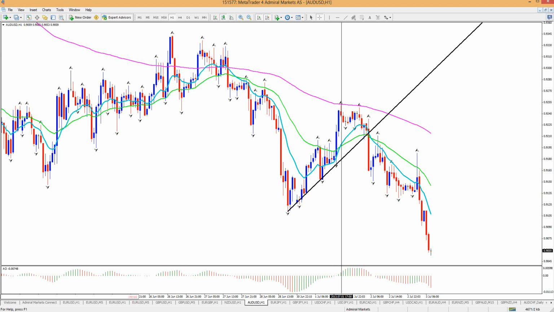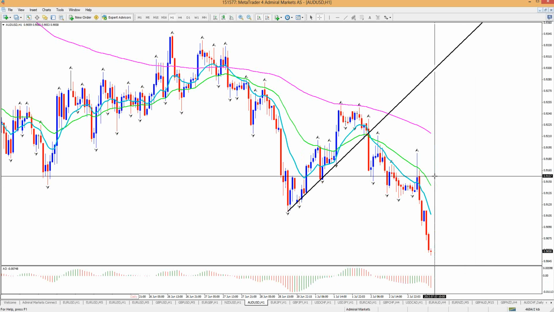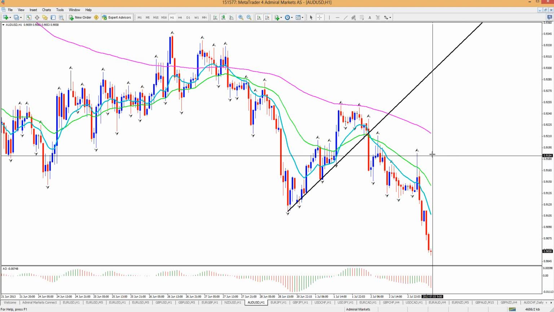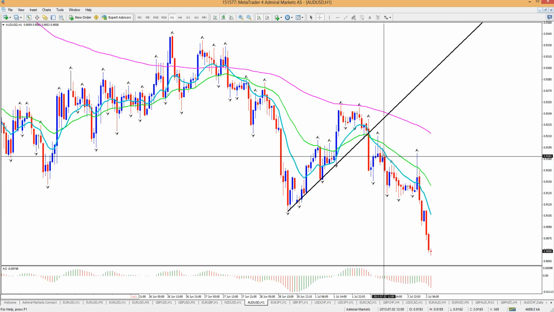Let me take a look at the comments. Graham was asking if I can review the fibs for euro dollar. We can, sure, we can do that right now actually. And Mark says that he shorted the Aussie at 91.79. Great job, Mark. That's exactly where I took it as well. Awesome, awesome. I took it at 91.86. It's really a small difference there. And you're still open. Wow, great job.